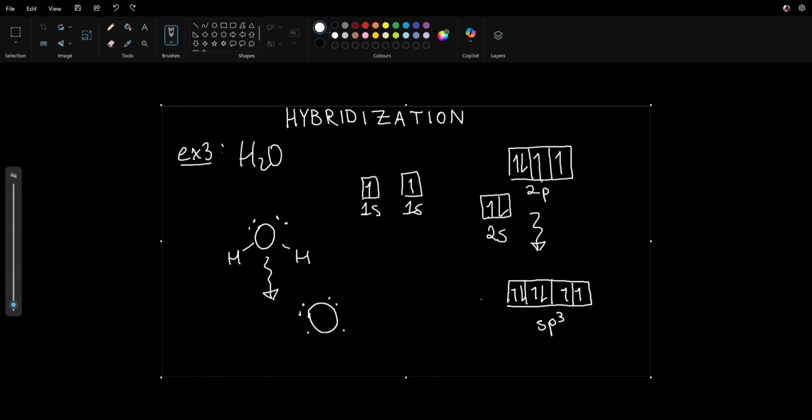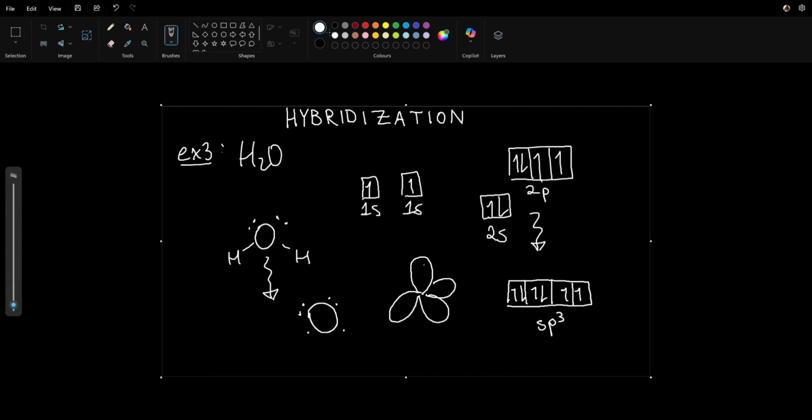Because if you imagine this little region here as its own orbital, it has 2 electrons. Well, this orbital has 2 electrons. Let's go to this one. 2 electrons, 2 electrons. But then 1 electron, 1 electron, 1 electron, 1 electron. So this is the hybridized shape that oxygen takes when it produces water. This is the hybridized oxygen atom. So when the hydrogens come in and bond with it, we have another tetrahedral shape. So it's going to look like this again, with our lobes,